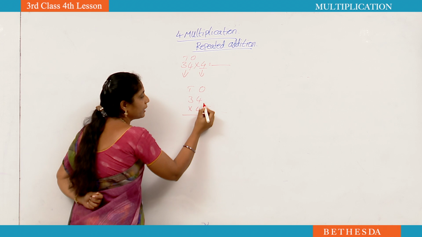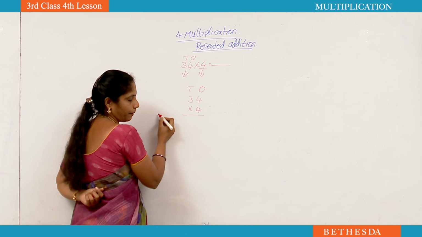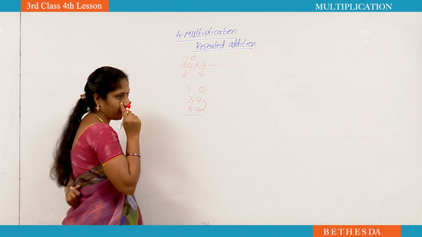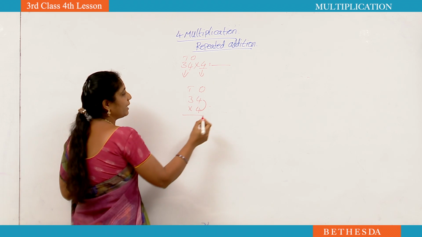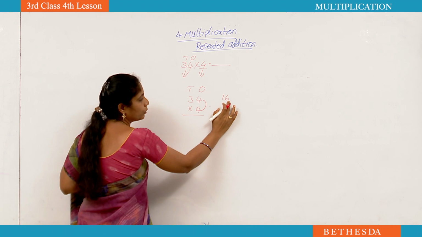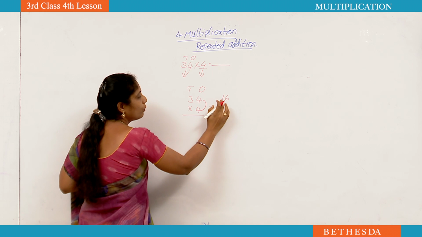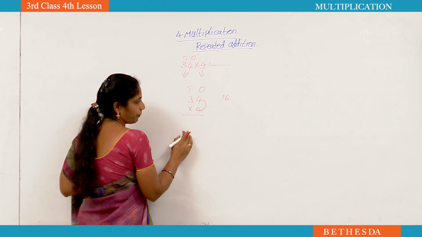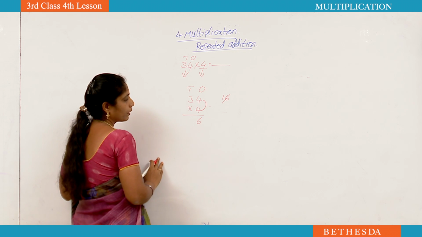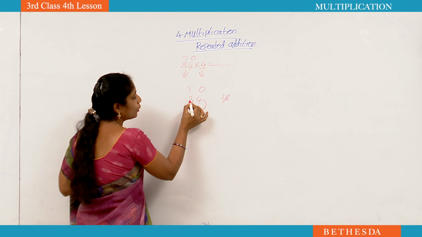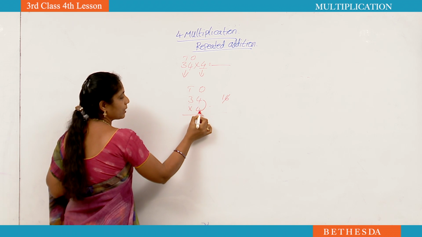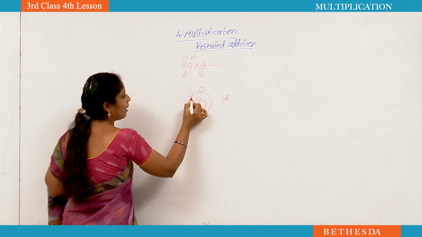While we are doing multiplication, we have to start from ones place only. Now, ones place number is 4. With 4 we have to multiply the ones place number. 4 4s are how much? 16. In 16, how many digits are there? 2 digits. If you get 2 digits, we should not write 2 digits at a time. We have to cut the ones place number and write it down. Okay. Now, with 4 we have to multiply the tens place number. Read 4 table until 3. 4 ones are 4, 4 twos are 8, 4 threes are 12.